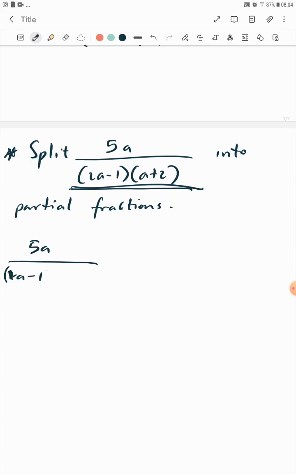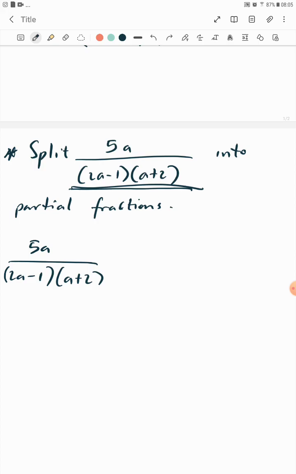Okay, and then we have a plus 2. All right. We are still going to talk about the types of partial fraction based on the identity of their denominator, or the nature of the denominator. The nature of the denominator will guide you on how to actually split it down. But this is actually under